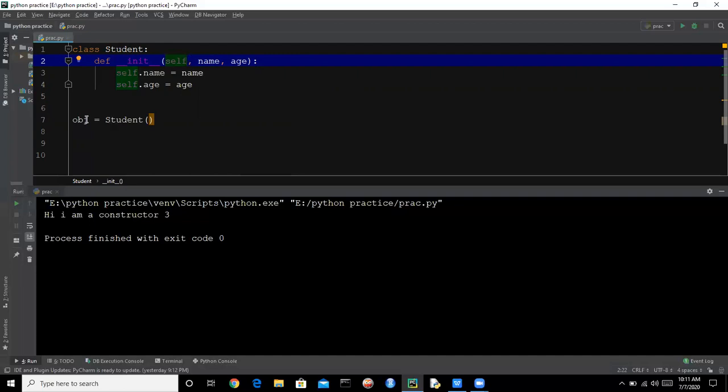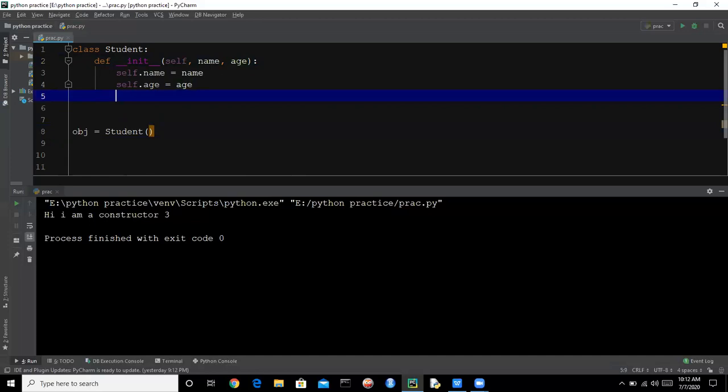Whenever we create the object obj, this object will be passed here. You can name it obj, but for now we are having it as self, because this is the coding convention that we use in Python. So we are using self here.